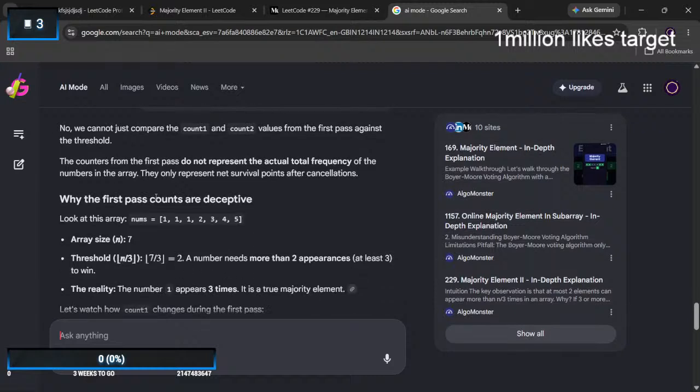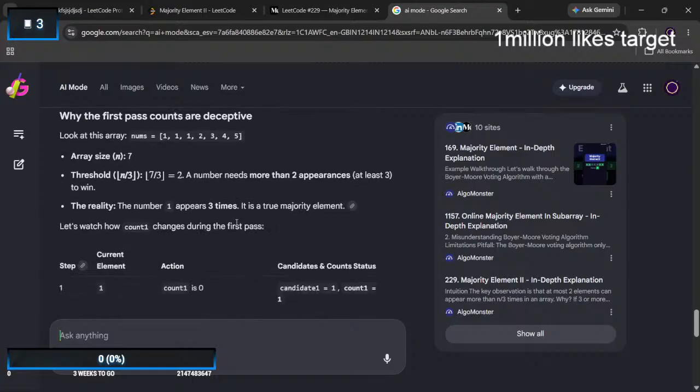I've already gone through the whole array and got the two major elements. Then what do you need? Just compare the threshold and return.